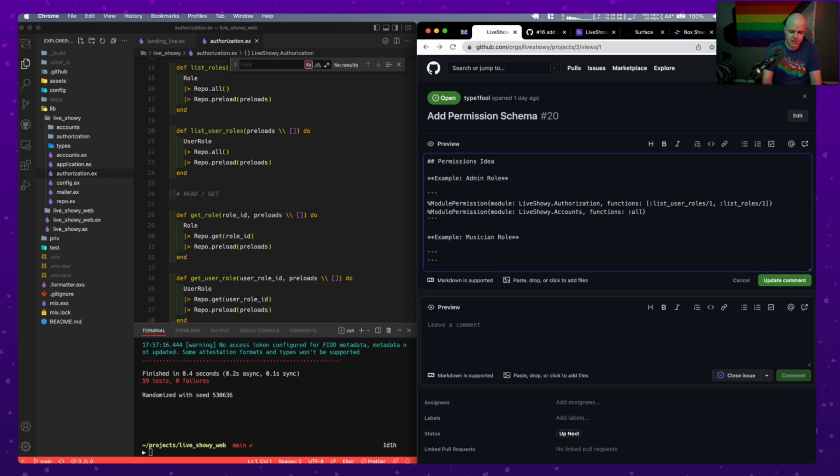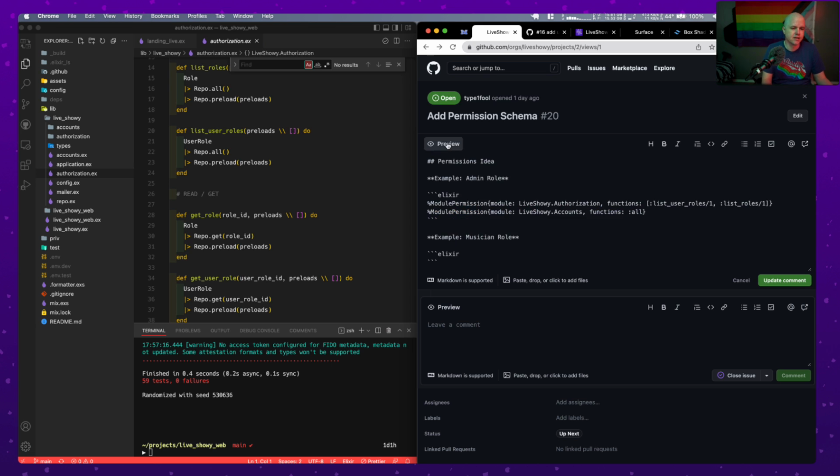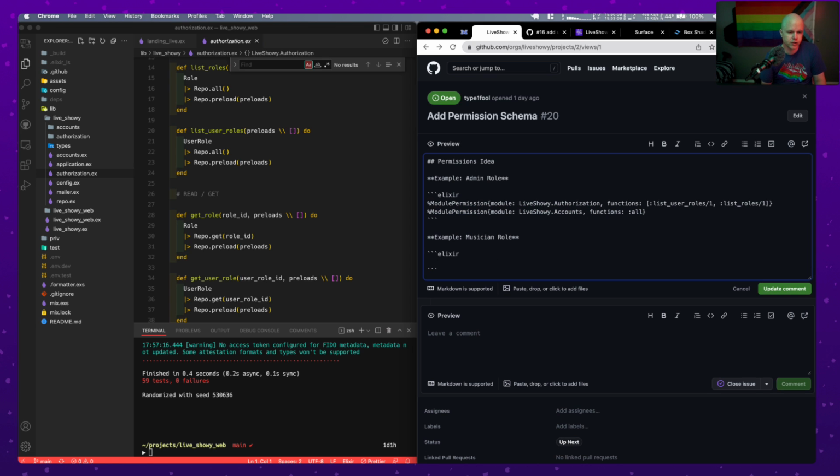I think I can get syntax highlighting if I say that these are Elixir blocks. Sure enough, isn't that nice? Okay, so for this one,